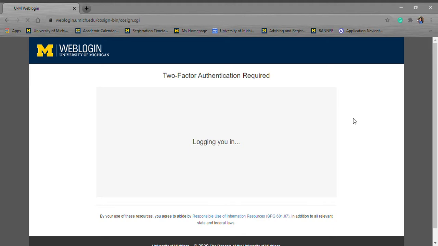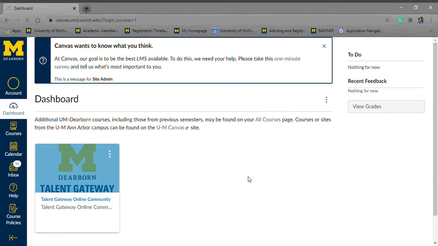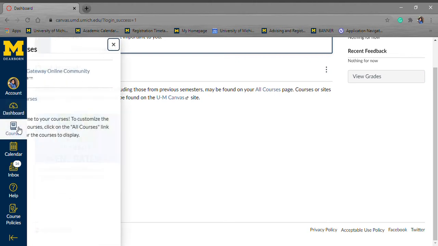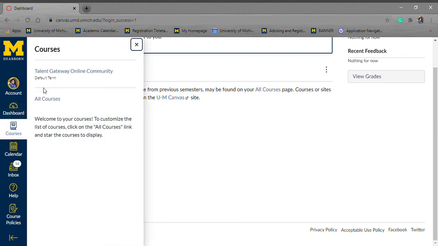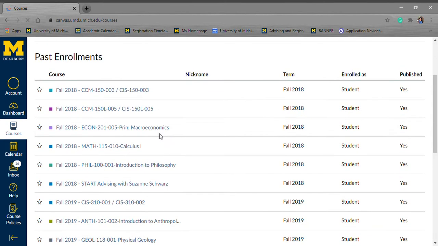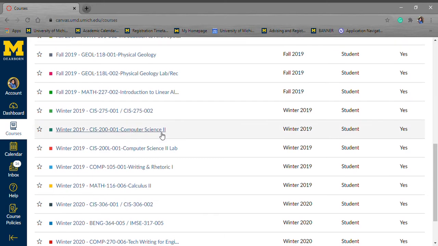After you do the login part, you will be welcomed to the Canvas dashboard. On the dashboard, you'll be able to see all the courses that you've registered for the current semester. Since I've not registered for any classes this semester, my dashboard is empty, but if you want to see the courses that you've taken in the past, you can go to All Courses and select All Courses. And then you'll be able to see all your past and future enrollments. For example, I can see the following